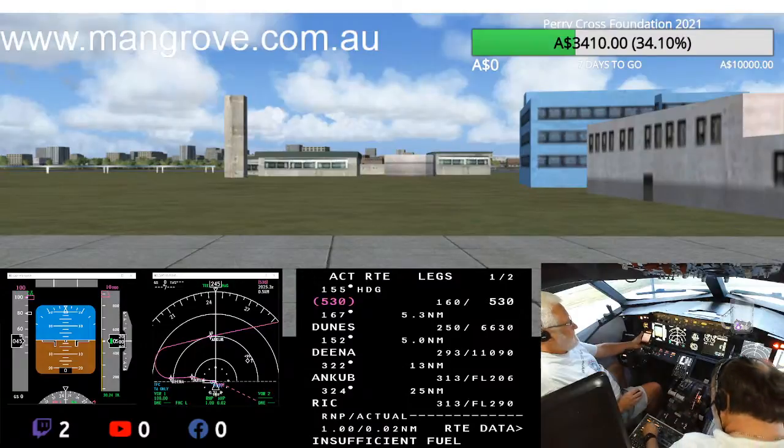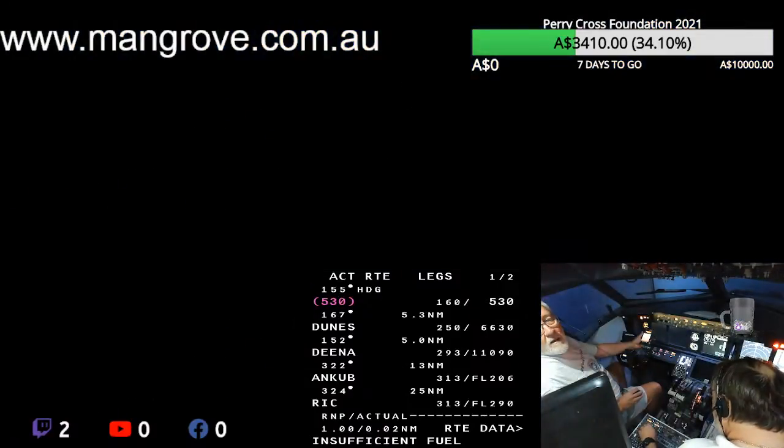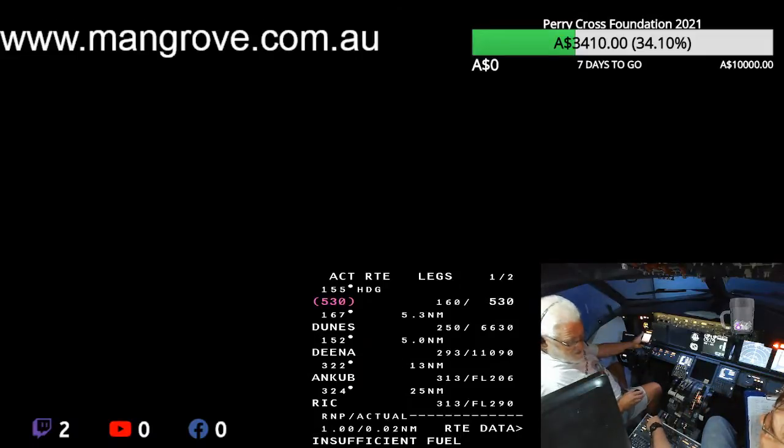We come from. Alright. Good timing. No, don't panic. It'll all still work. No, as soon as I push the button to change the frequency. Yeah. Delivery, Jetstar 20, requesting clearance to Cairns.